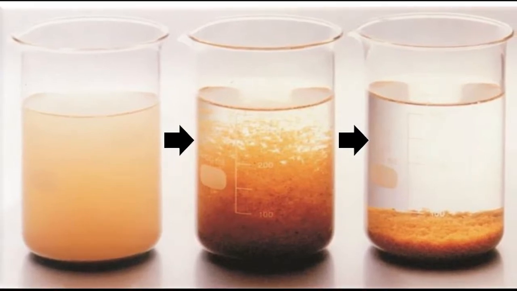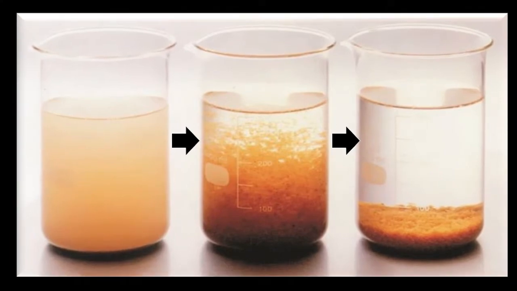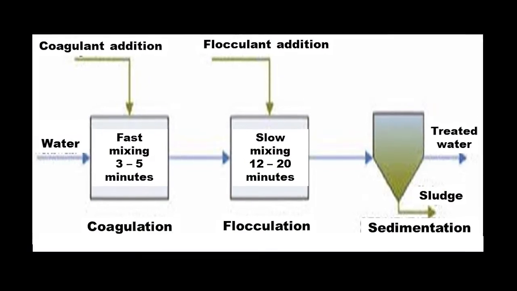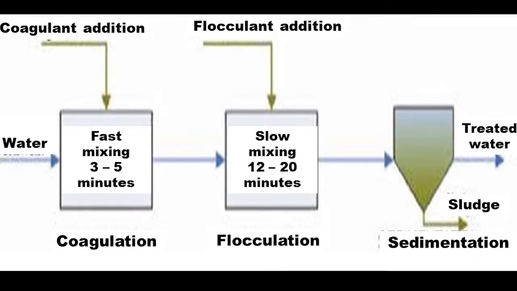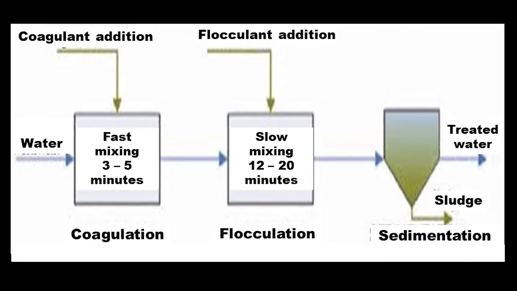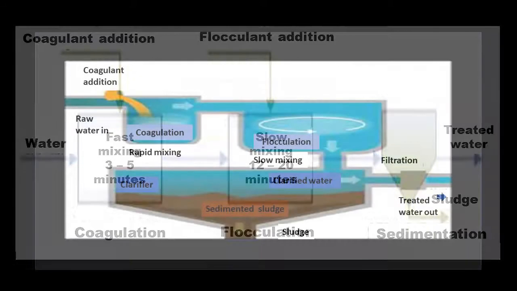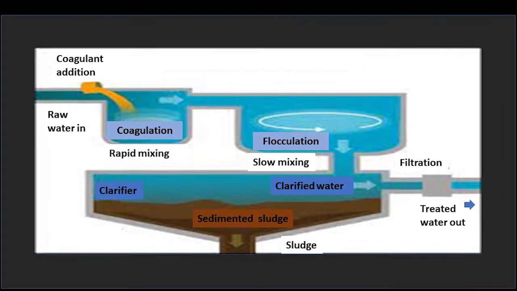Next stage is sedimentation and clarification. Once the flocculation process is complete, the water then passes over the weir in the flocculator and travels to the center of the clarifier or sedimentation basin. Here the water makes its way from the center of the clarifier to the sawtooth weir at the perimeter of the unit. As the water makes its way towards the weir, the large floc particles are allowed to settle out to the bottom of the clarifier due to their own weight.